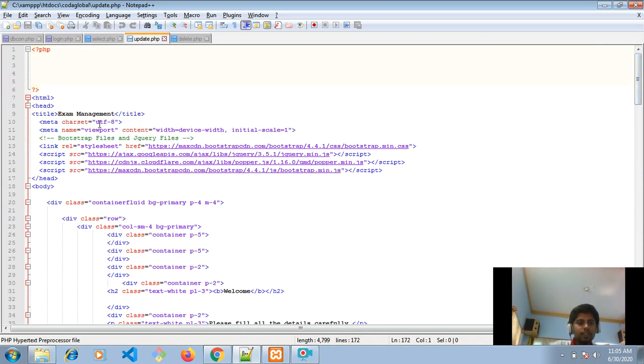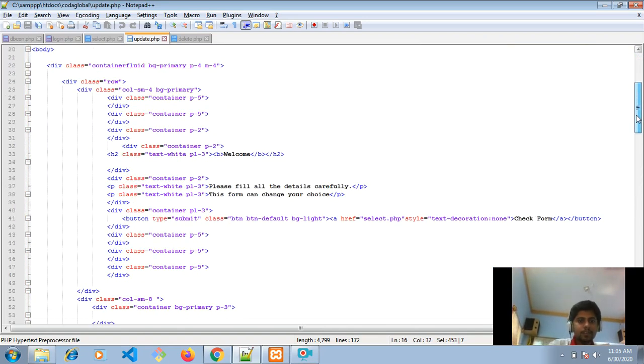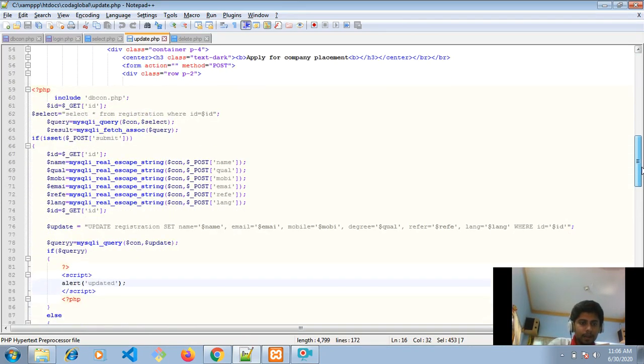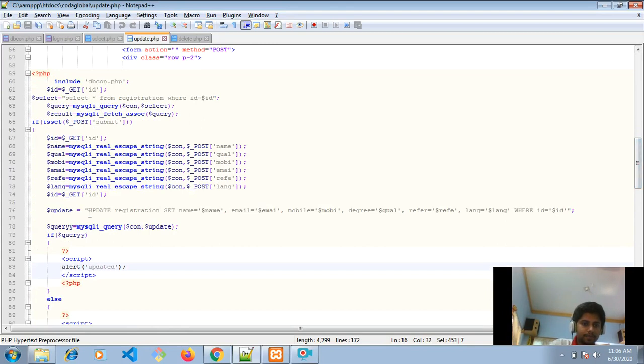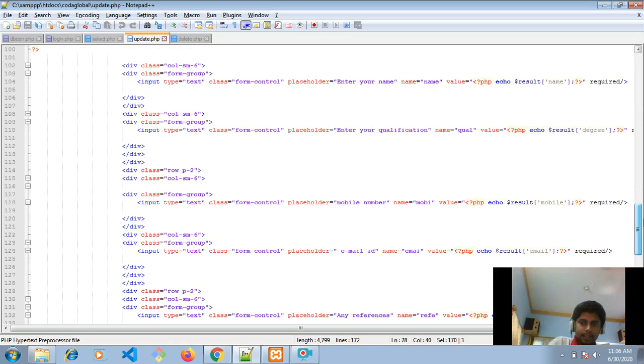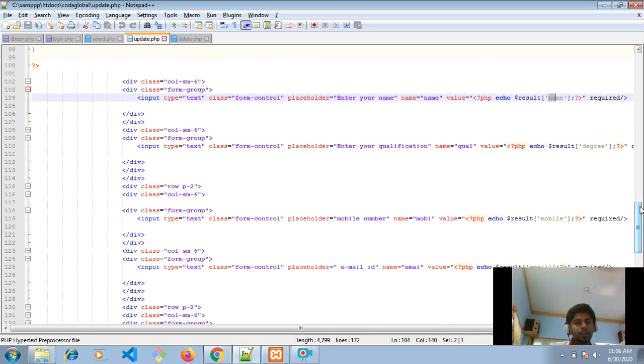It will go to update.php, and this is the code for update.php. The working is similar: I have provided the Bootstrap links. Then I have provided the division classes. Like that, it will display the details, and this is the query for update. First of all, we have to select the details in the form. Whenever I click update, based on the ID, it will display the details like name, degree, mobile, email, etc. If I click update for the ID number 2, with the help of that ID, it will automatically fetch the details and display them in our form, like I mentioned before.